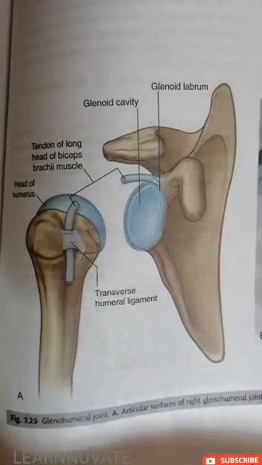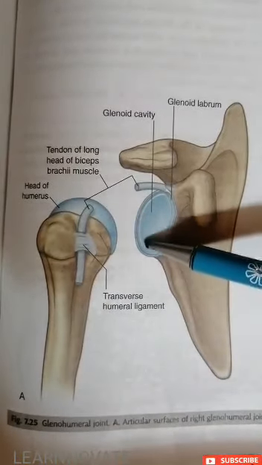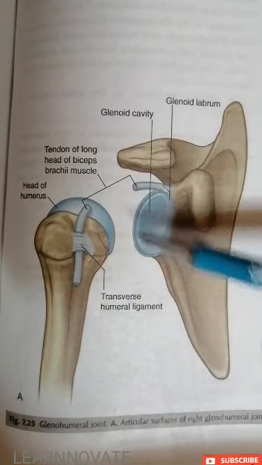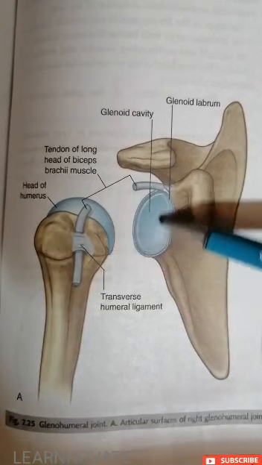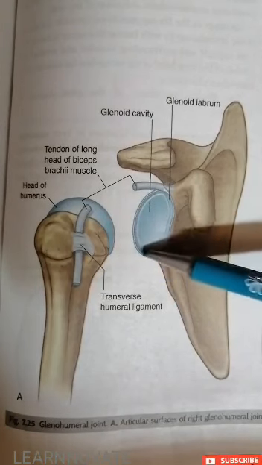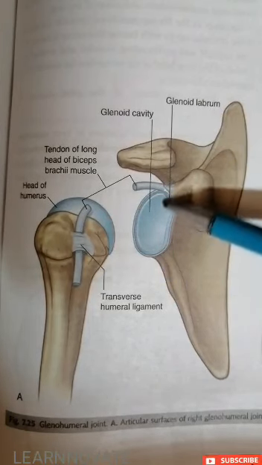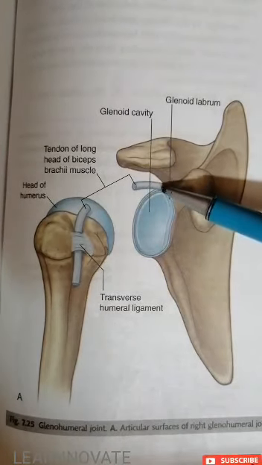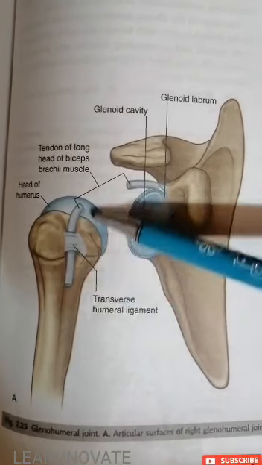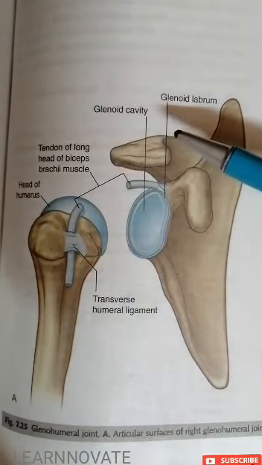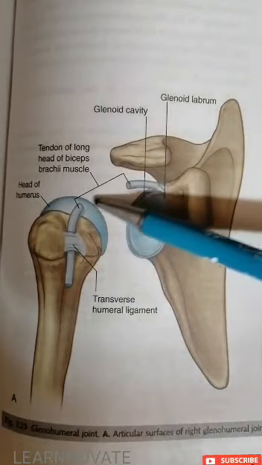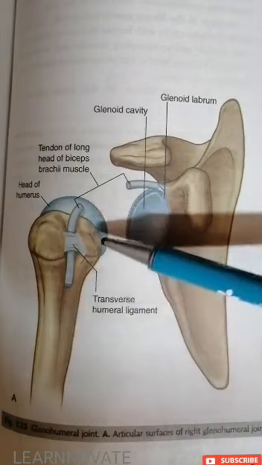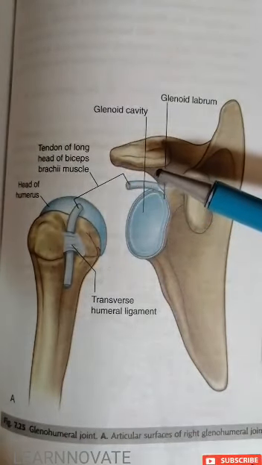Now here you can see the general anatomy of the glenohumeral joint. This is the scapular bone having a glenoid cavity that is smaller than the head of the humerus. This glenoid cavity is covered with cartilage. You can see the glenoid labrum or the articular cartilage, and the ligament. Here you can see the tendon of the biceps brachii that is cut, showing the joint. The open joint has the tendon of the biceps brachii that passes through the intertubercular sulcus of the humerus, which we will discuss further on.